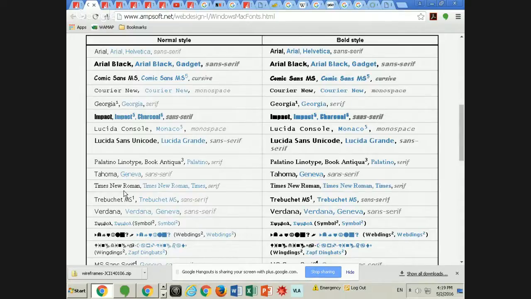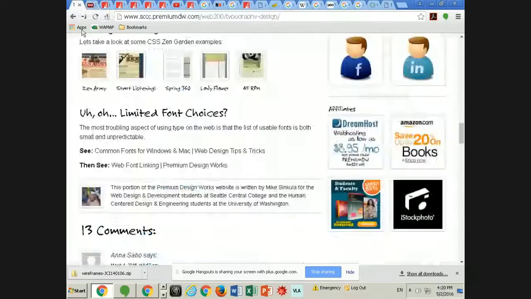So when you choose a font to use on your website, what it does to start out with is it looks for that font in the operating system folder. If it exists, it uses it. If it doesn't exist, it has to use something else. Okay? So that's where, in the type class, we went over using then